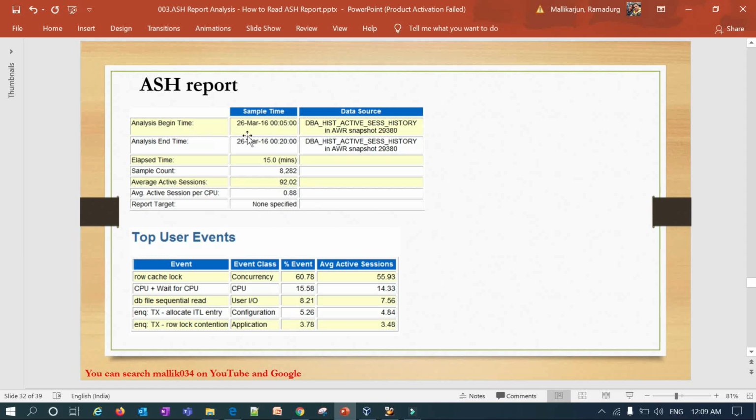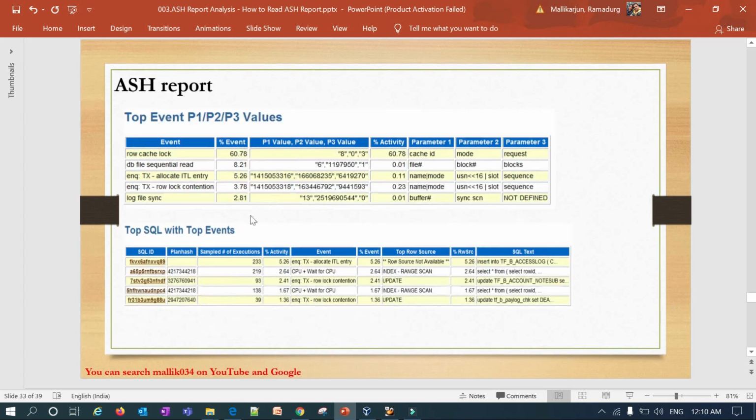You can see here in the AWR snapshot, it is for 30 minutes, with the sample count, average active sessions of 92, and average active sessions per CPU of 0.88. The report target, if you don't give any name, will not show any name here.